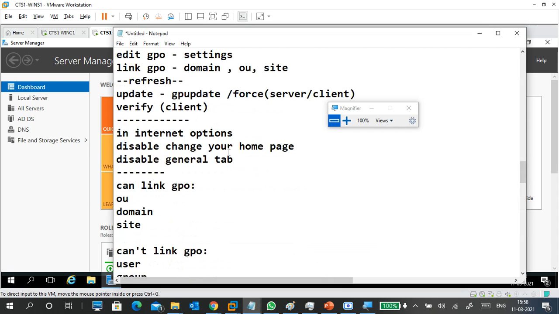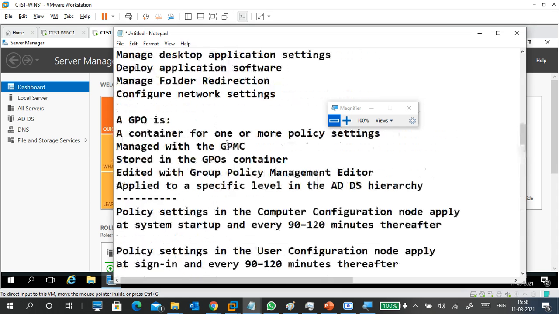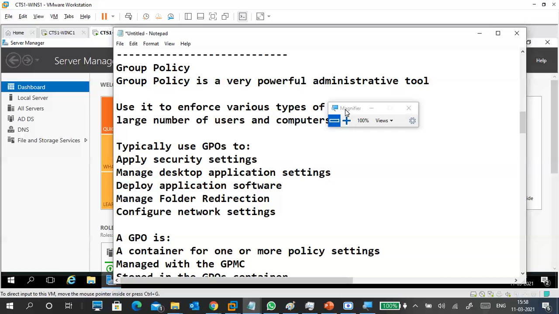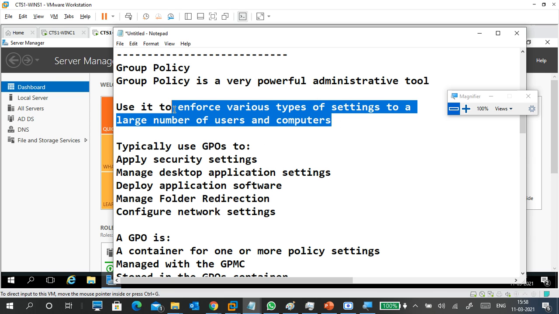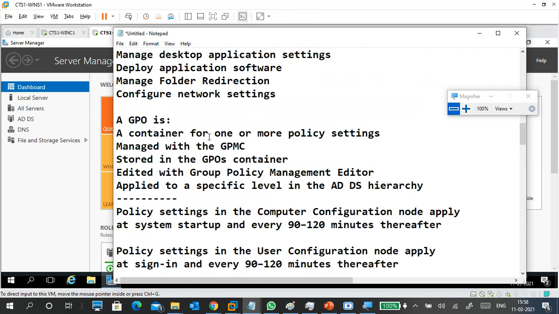Okay. So one second again. We'll see what a group policy is. Important points of group policy: it enforces various types of settings to a large number of users and computers.